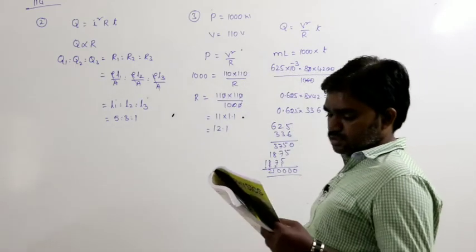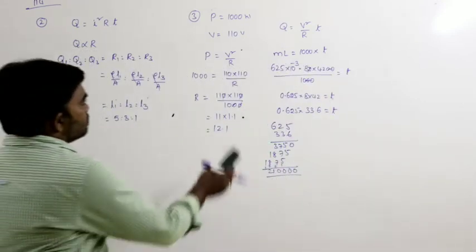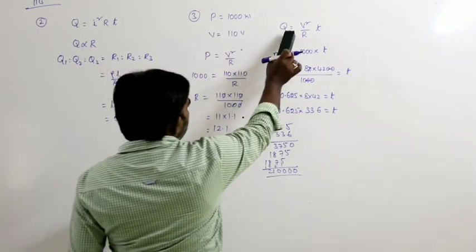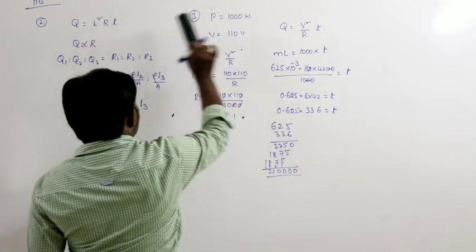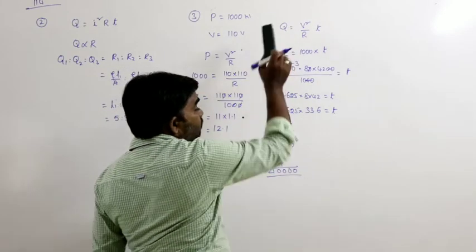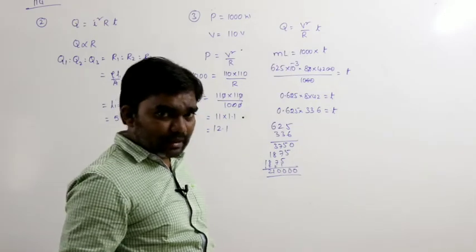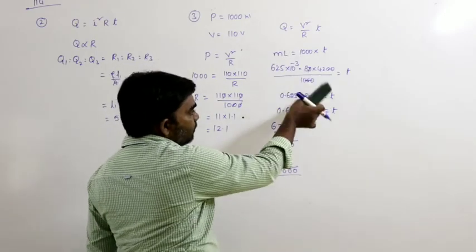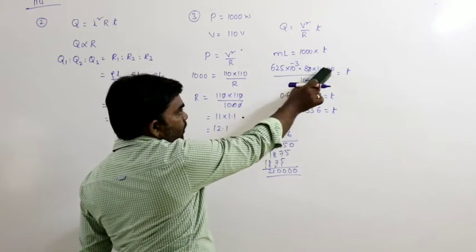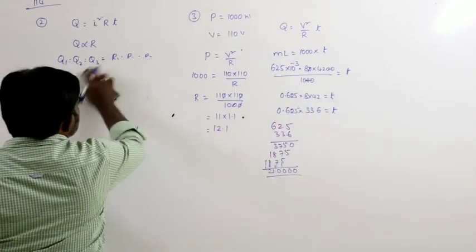So 210 seconds. So that is the value. First, given power and potential, P is equal to V square by R. But the heat energy generated, we can write as I square RT or V square by R into T. Here we have to calculate T. According to the calorimetry chapter, the amount of heat energy we can write as mL. Latent heat is given as 80, but here the option is in joule. So that's why this 80 calorie per gram, we have to multiply with 4200.